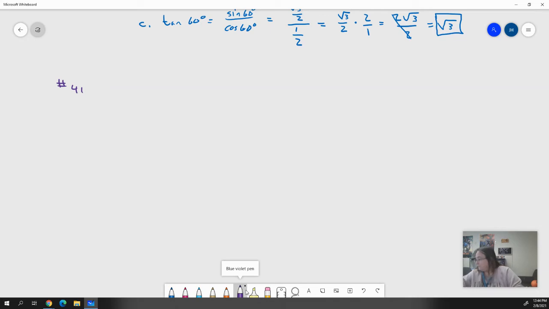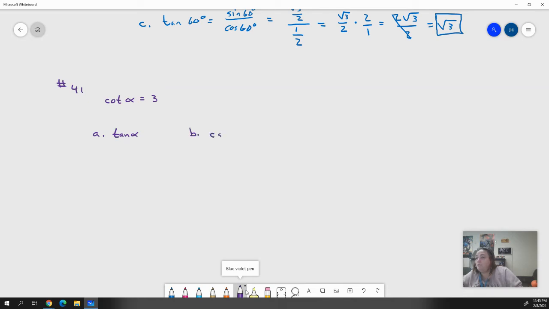Number 41 is asking a similar thing. It's giving us the cotangent of alpha. That's what that symbol is. It's just alpha. It doesn't really matter what it means. It's just saying some angle, right? In this case, we're calling that angle alpha, and we're saying that it is equal to 3. And we want to find A, which is the tangent of alpha. We want to find B,